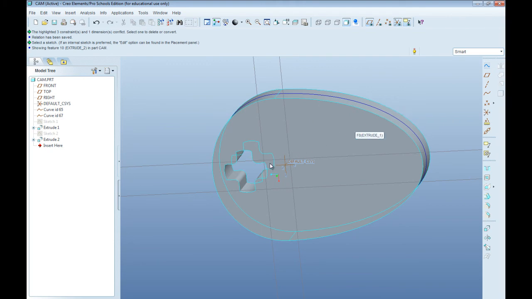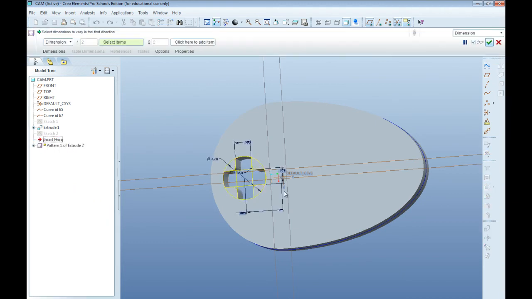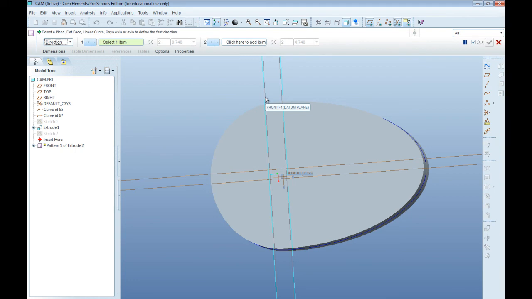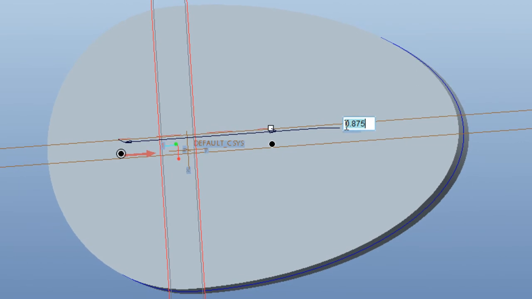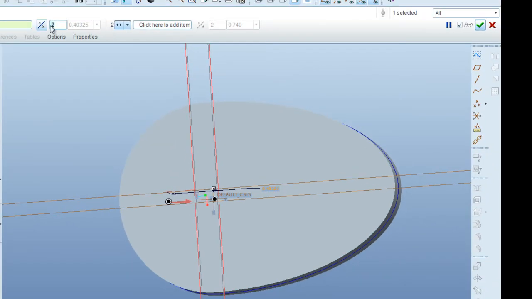As I said, the reason why we offset this from the center is that we're going to pattern this. So click on our extrusion here, go to pattern, go to direction, and click on the front datum plane. So now we are patterning every LU divided by 2 units. So hit enter twice. And we're going to have 5 in total. So